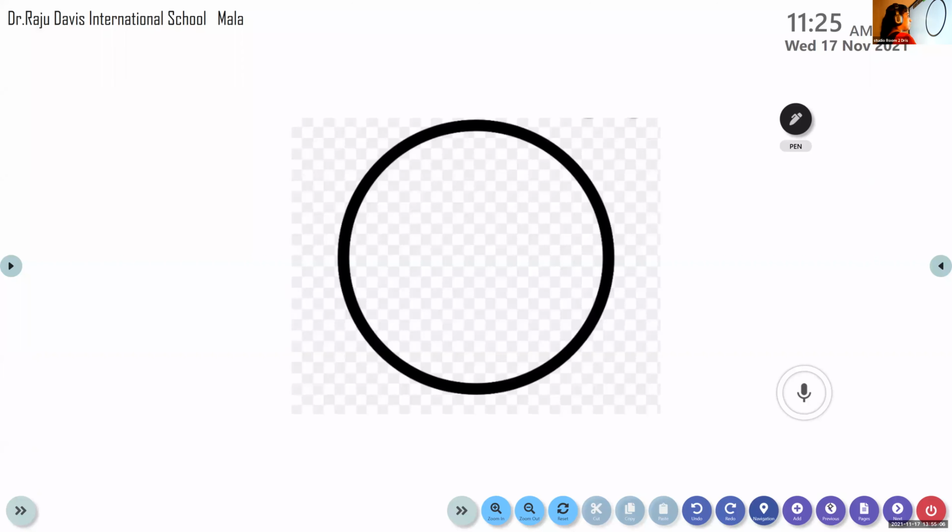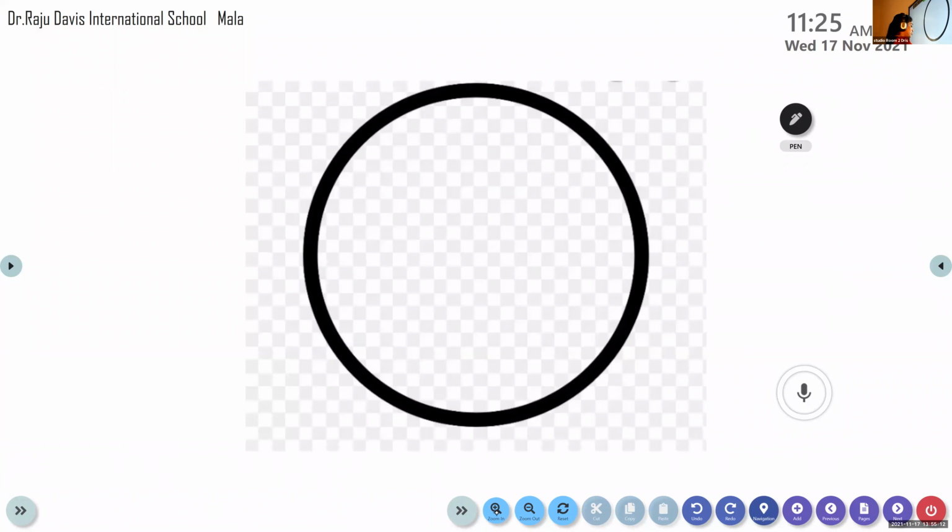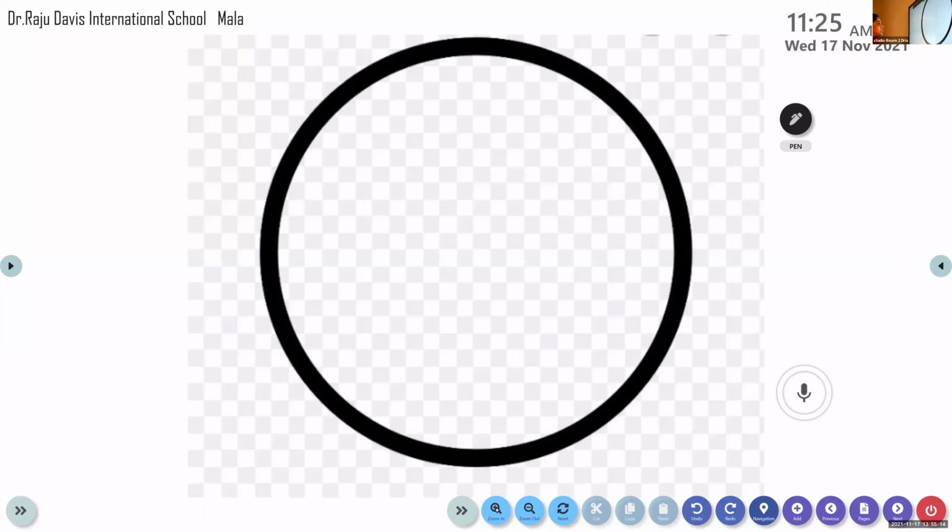So here you can see, for drawing the clock, first what do we have to do? We have to draw a circle, isn't it? Now, no need to draw the circle. All have to look here carefully. After that, we will do it. So now you can see one circle here. For drawing the clock, first we have to draw a circle. After that, we have to put a point in the center of the circle.